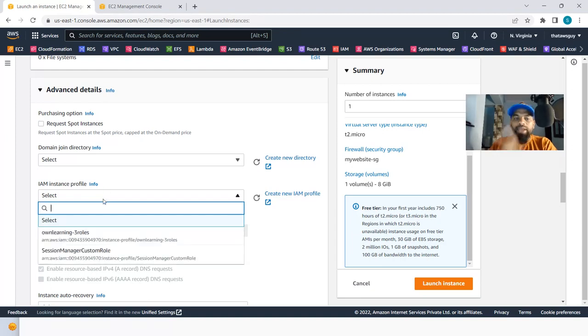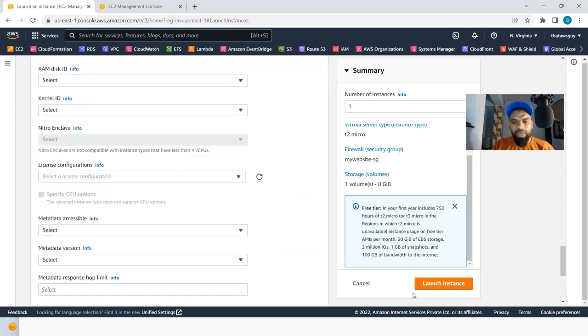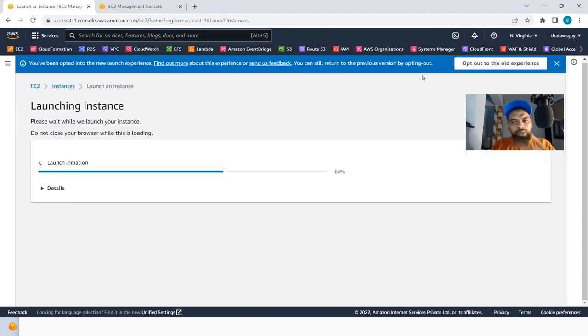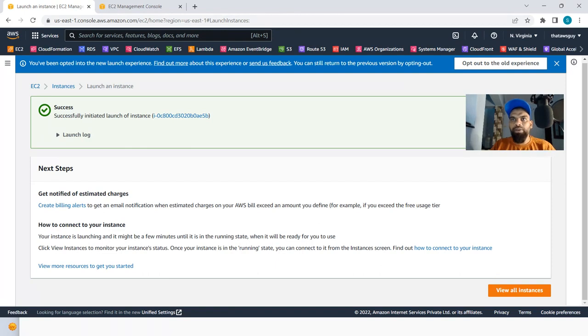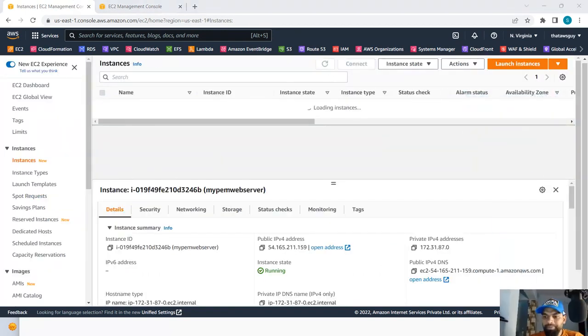You can add the instance profile, you can add the roles, where in the last workshop we modified the role for a running instance. Instead of that, when an instance is getting created, you can give a role. So for example, I'm choosing our session manager custom role which we created before. Then click on launch instance. Now the instance will be launched. If you click on the refresh button,